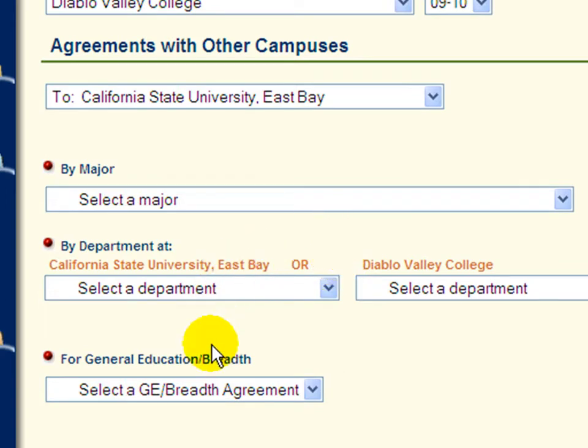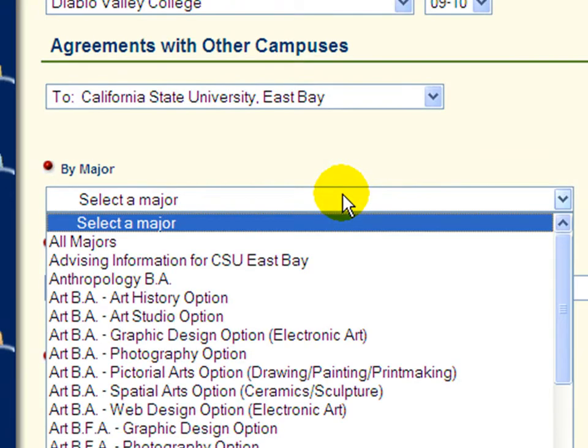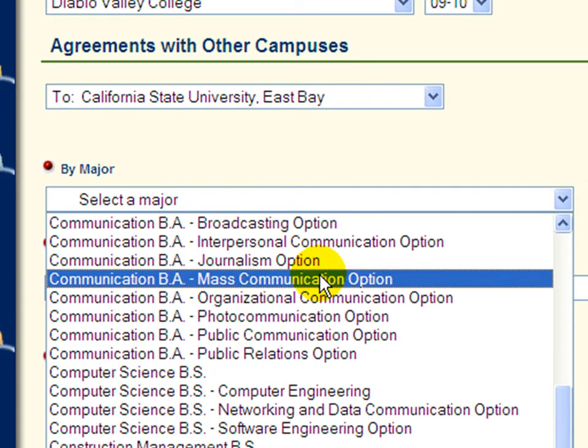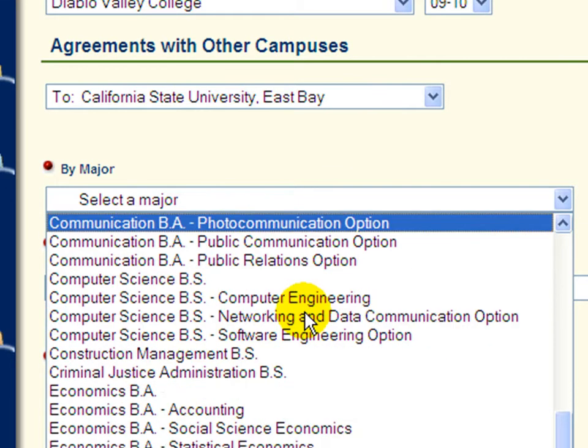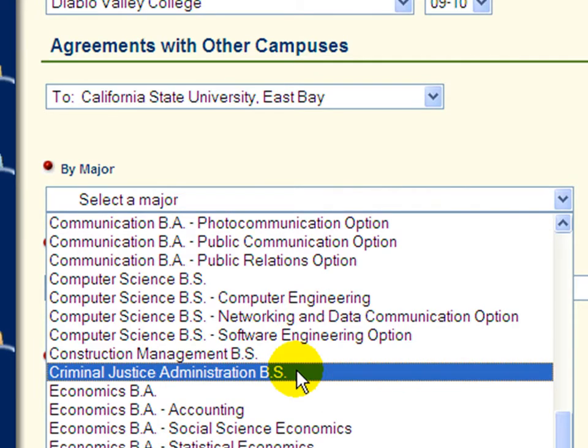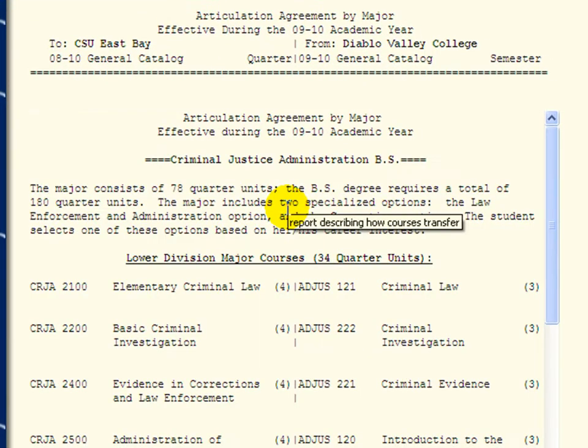You have some other options here. Let's go ahead and look by major. For the sake of this video, let's choose Criminal Justice Administration as the example that we will use. Once we've selected Criminal Justice Administration, the agreement between DVC and CSU East Bay for Criminal Justice Administration is brought